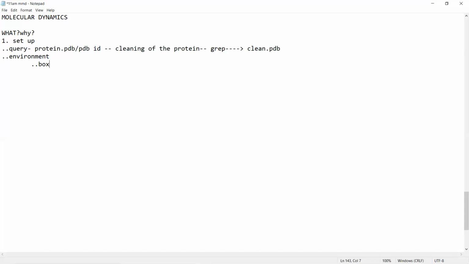If you are working on a protein which is elongated, you will change the shape of the box. So you will be deciding depending on the protein you're working on. This box is nothing but keeping everything which I want to simulate within a closed environment. So whatever conditions you apply, the same conditions will be applied within the box.